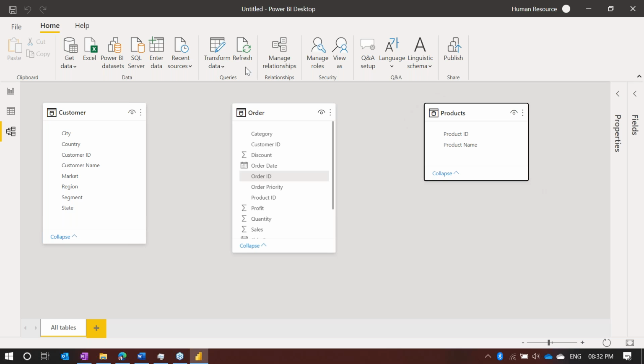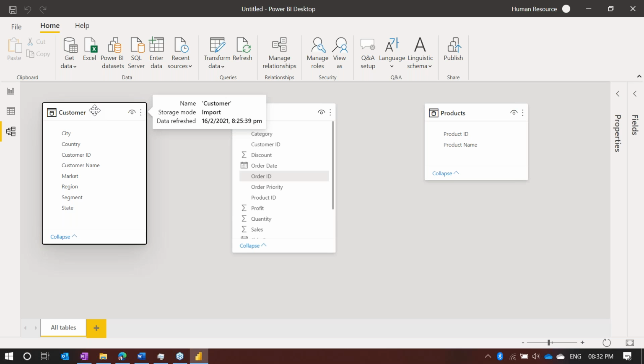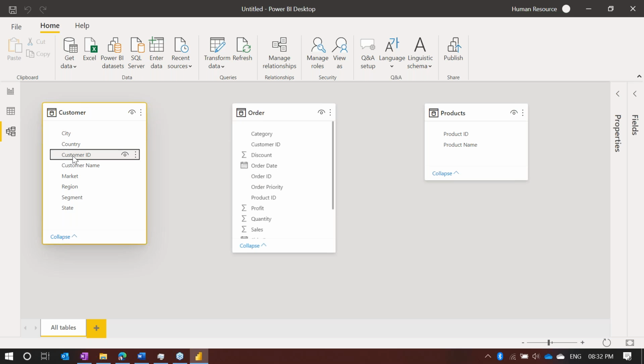Now, this is the dimension table which has unique customer IDs. How many orders has this customer placed? I can take the customer ID over here and filter that customer ID in the orders table, and I'll be able to find out how many orders this customer has placed with this company. Okay,